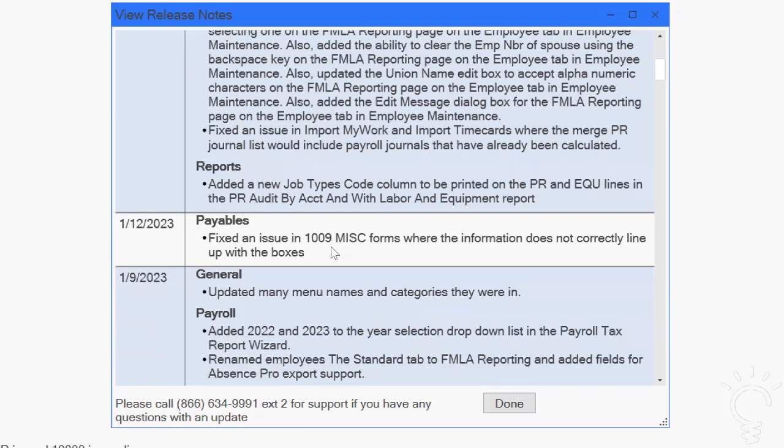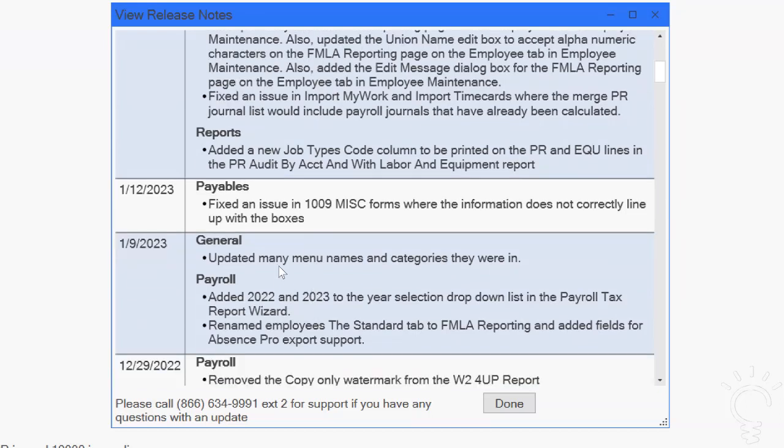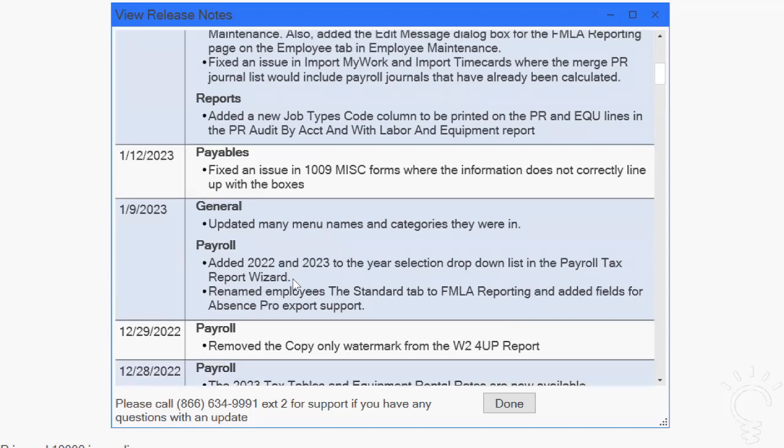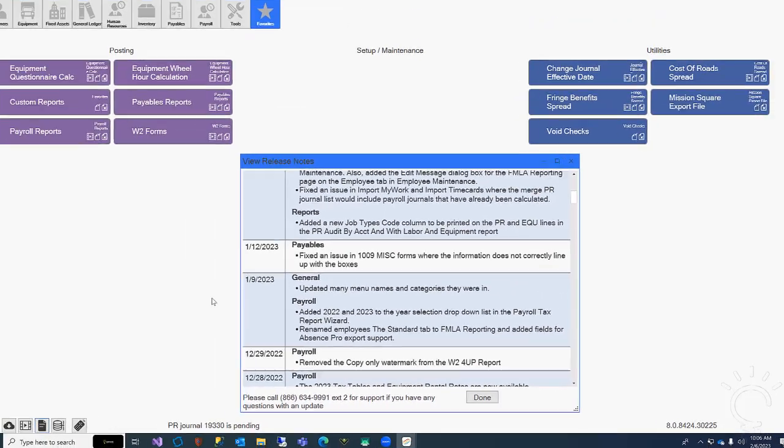We fixed some issues in the 1099 misc form where it didn't line up. But most of you should have gotten your 1099 misc already out, so I don't really need to cover that. And then another big change is we updated a lot of the names of our menu items, as you'll see. So we've added the 2023 tax year, and we changed some of the other stuff from the standard to FMLA. So let's